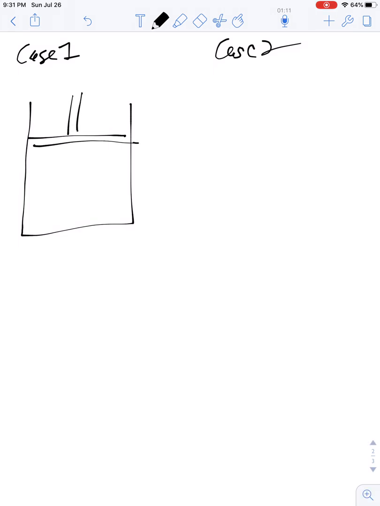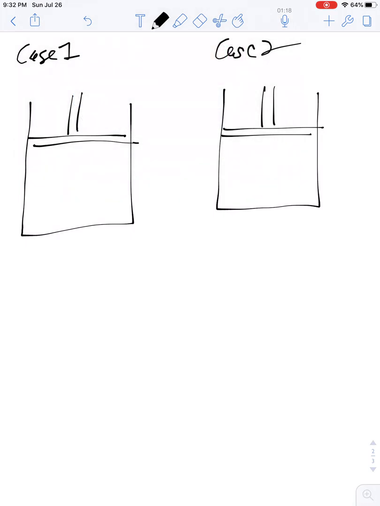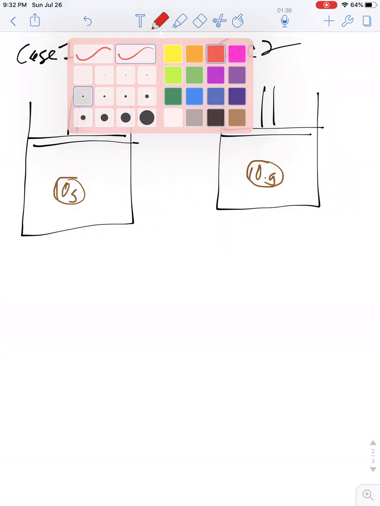I've got a container and an identical container over here, and I'm going to put 10 grams of propane in there and 10 grams of propane over here, and then I'm going to ignite it and let it explode,